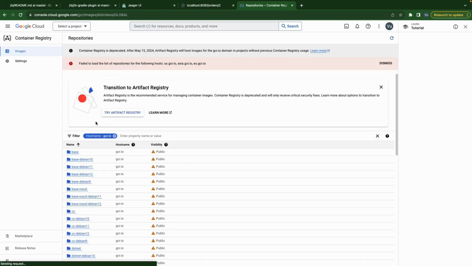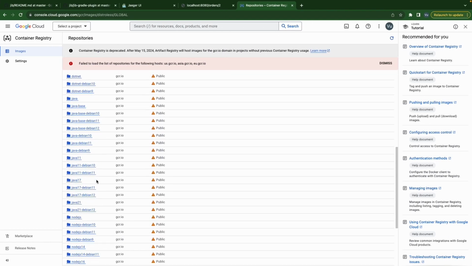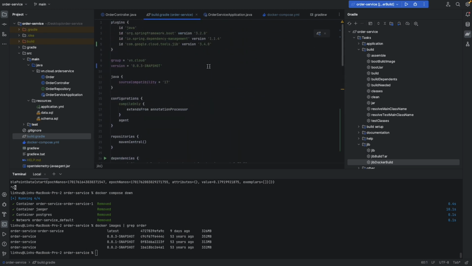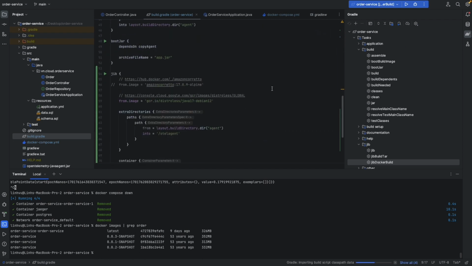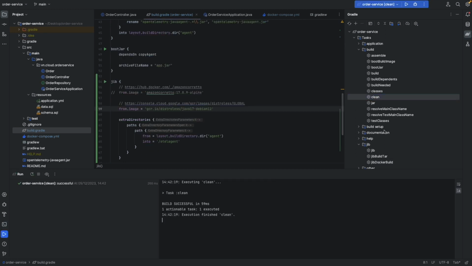For example, I would like to run Java 17, so I'm going to find Java 17 Debian here, and this is the version, right? Okay, let's improve the version to 4 and reload Gradle. Then let's try to build our service, clean